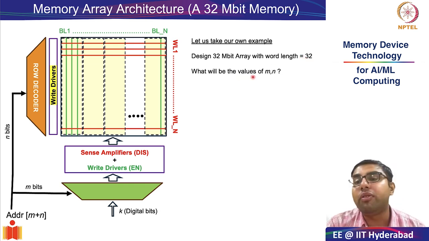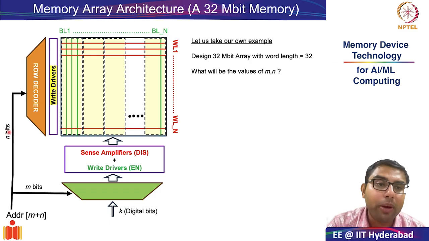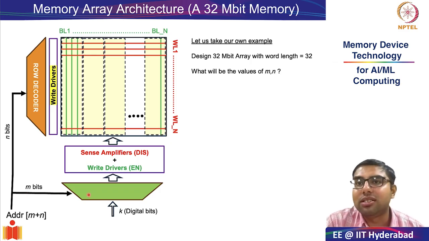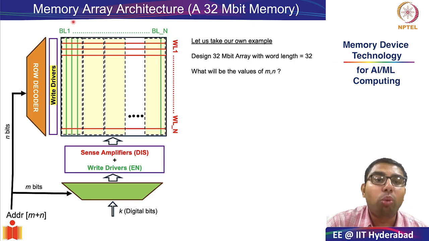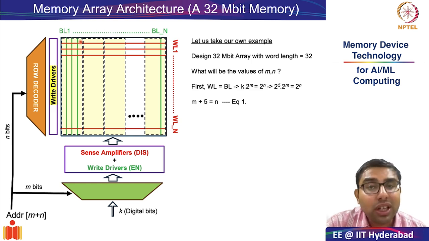What will be the values of the address bus, which is nothing but m plus n? Or in other words, how many bits should be feeding to the row decoder, and how many bits should go to the select lines of the column mux? Or in other words, what would be the number of bit lines and word lines? The first consideration to keep in mind is that since we had a square array,